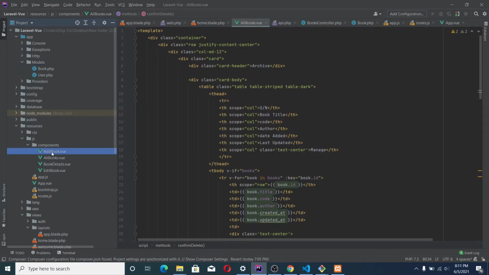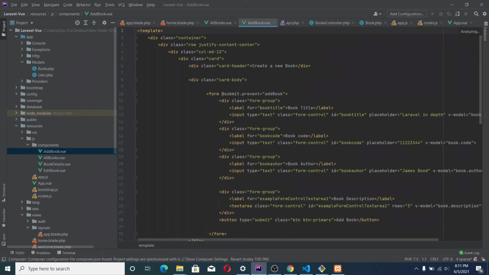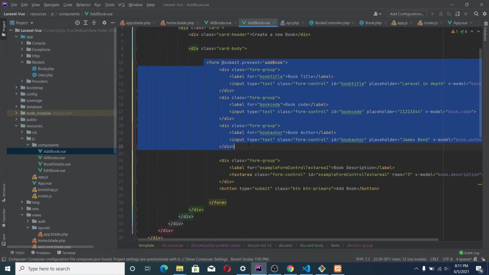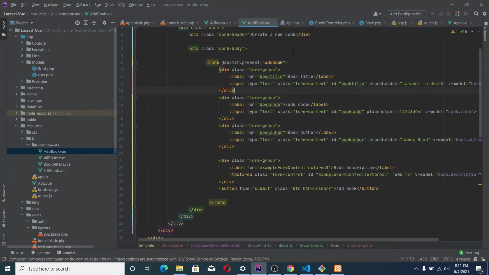Now when we go to add a book, we are creating a form where the user is going to input the book that he wants to be added to our database.